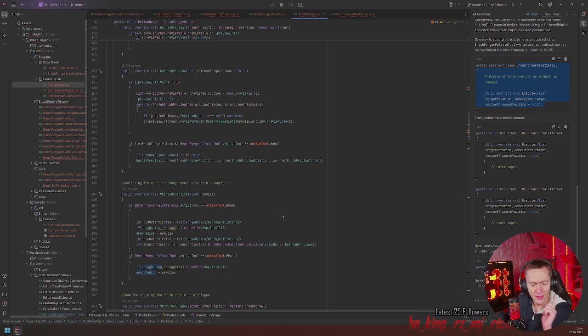There's one thing that I need to check first in my head, and that is the preview. The brush handles the preview currently. Having the tool handling the preview, that's kind of interesting.